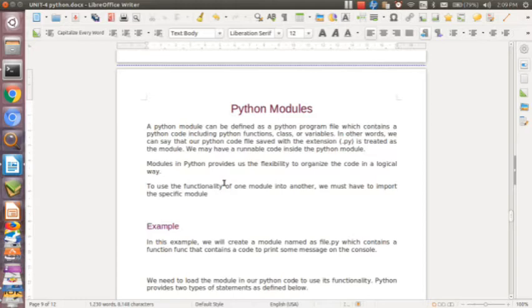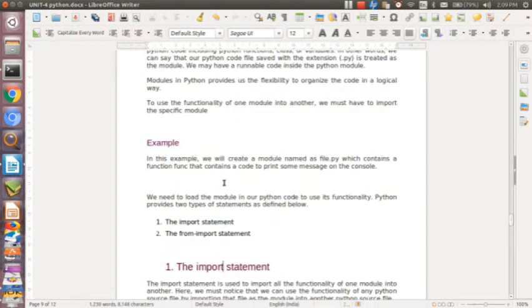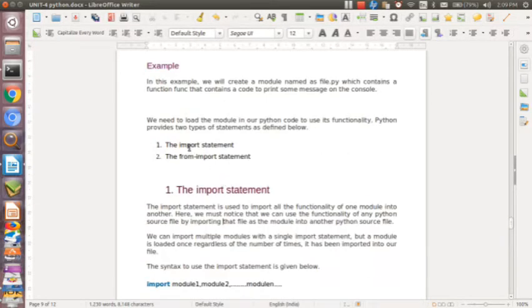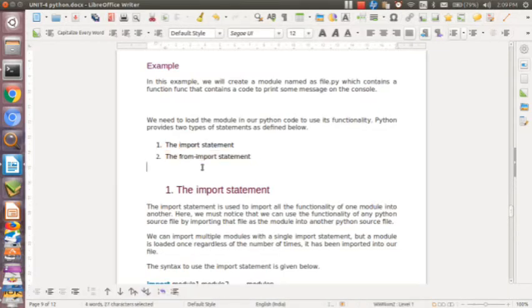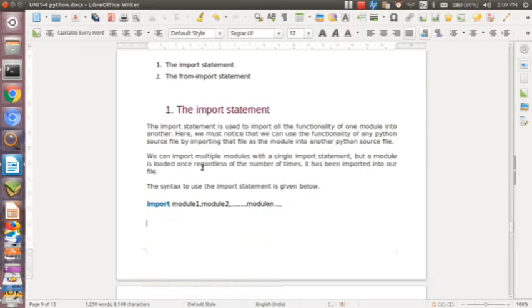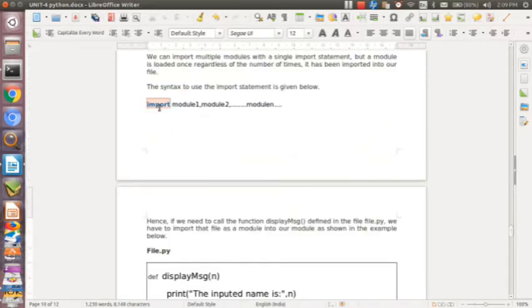To use the functionality of one module in another, we have to import the specific module. Let's see the syntax. There are two ways of importing a module: one is the import statement, and the second one is the from import statement. Let's see the import statement first. The syntax for importing is the keyword import followed by module 1, module 2, module 3. We can import as many modules as we want.